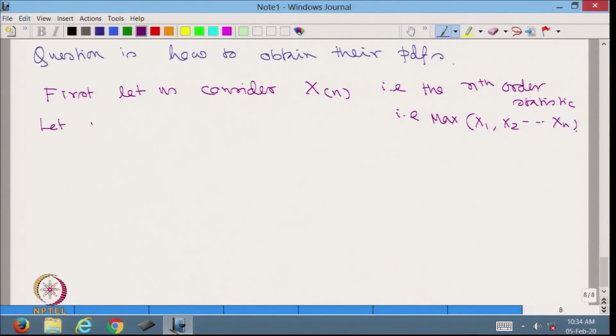Let its CDF be F_n and PDF be small f_n. Therefore,